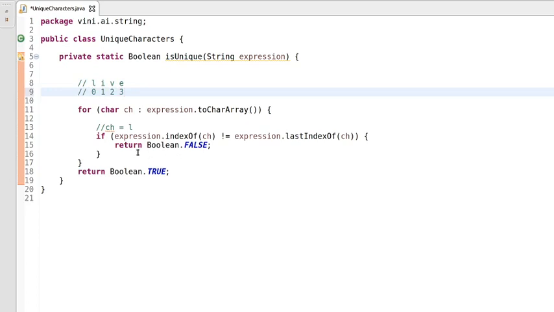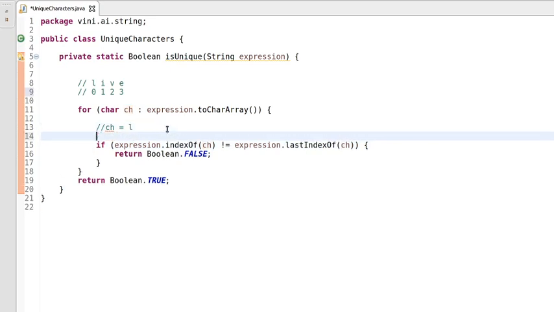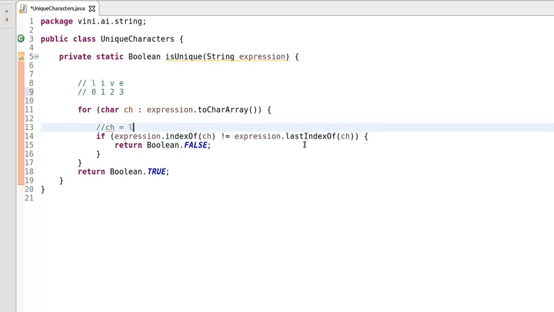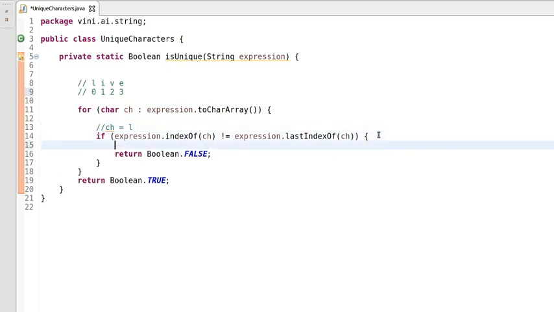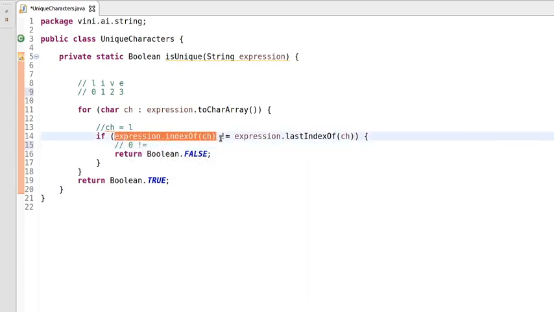If it's the first iteration and ch is containing character L, we are asking the string expression to give the index of ch, meaning the index of the L character, and it will return index 0 in the first case.